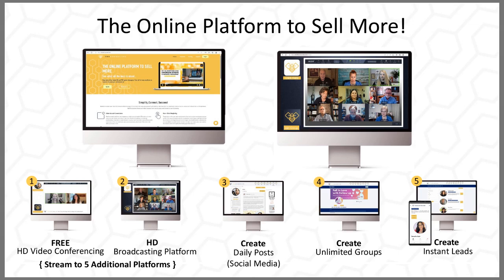This platform is actually 5 different platforms in one place. We call it the ultimate social business platform because it's so much more than just a social media platform. This is a place for business. This is a tool that you can use to grow your business. Think of all those platforms out there and take the best out of each one. That's BeeKonnected. You have 5 different things you can use it for,